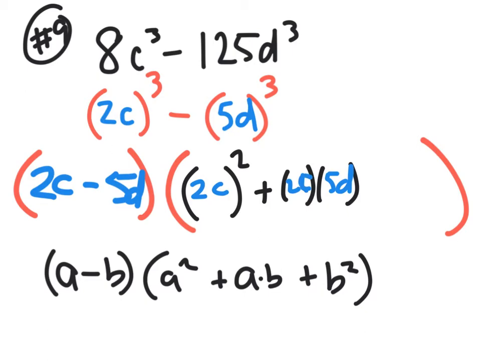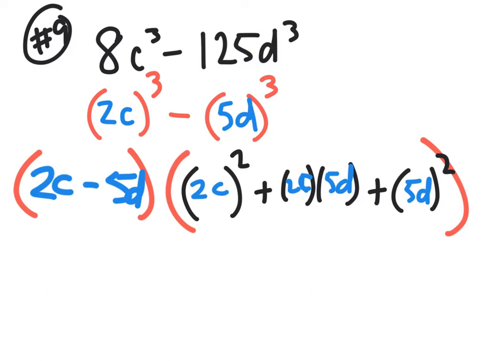And at the very end, we're also going to have plus B squared, but I'm going to put the parentheses right there and the square on the outside, and my B value is 5D. So now that I already have it all set up the way I need it to be, I'm going to delete the formula itself to make more space,